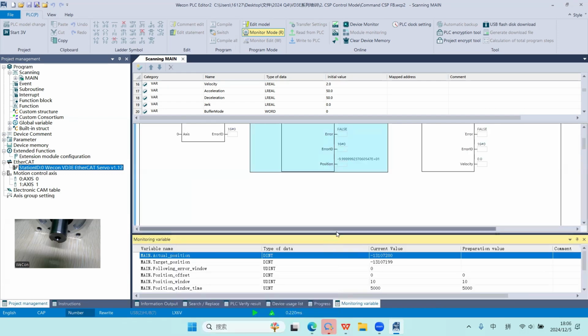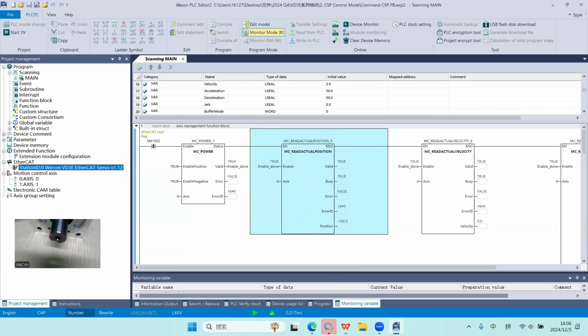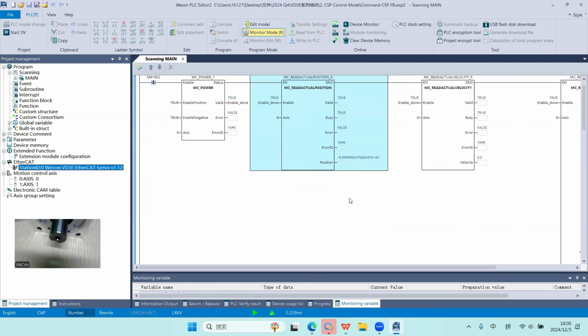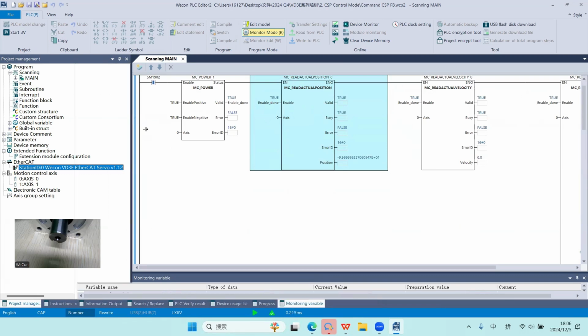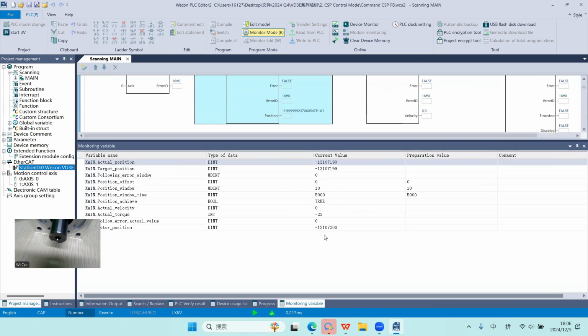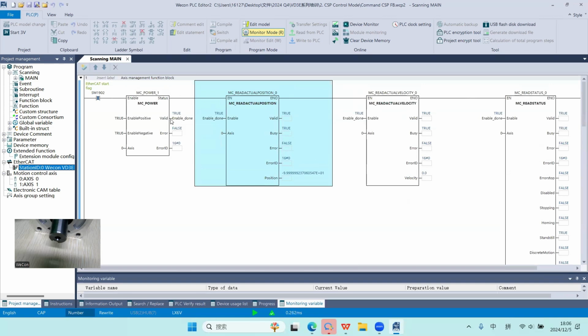Okay, and these are some of the main object dictionary entries in CSP mode. But some people will ask, for example, do we have to configure this PDO every time when we use CSP mode? I would say it depends on the controller. For example, for our 6C or 6V controller, they already have some built-in function blocks. So we just need to use this function block to enable and move our driver, and we don't need to do this